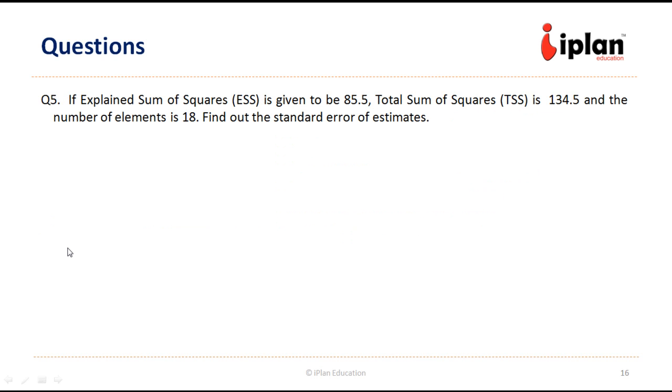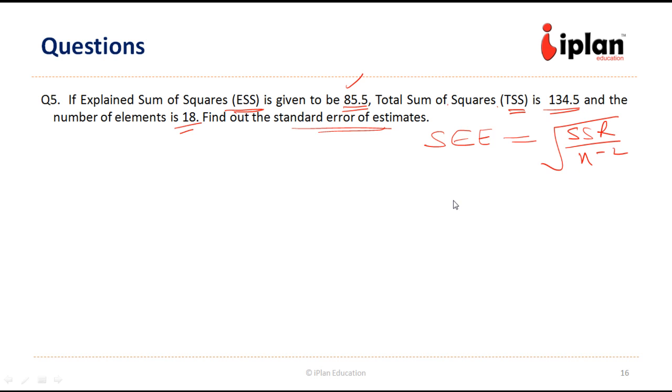Let us take one last question. Question number 5, it says the explained sum of square ESS is given to be 85.5. The total sum of square TSS is given to be 134.5. And the number of elements are given to be 18. Find out the standard error of estimates. We need to find out SEE, which is given by the square root of SSR divided by n minus 2. So we have been given n is 18, SSR is